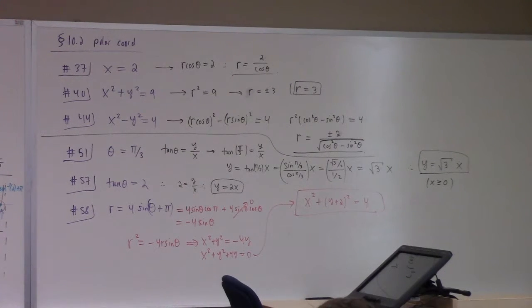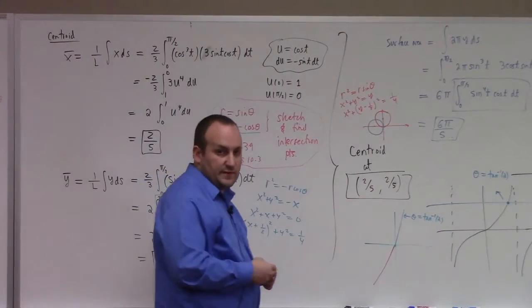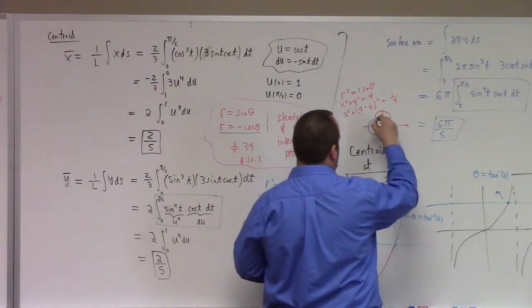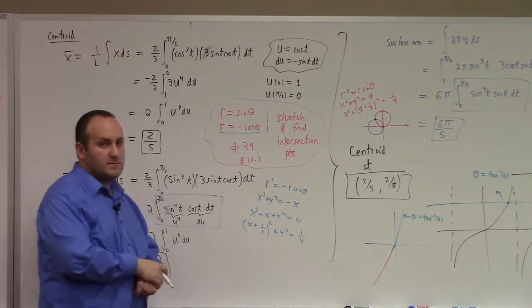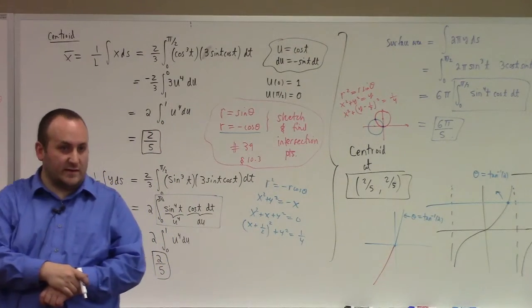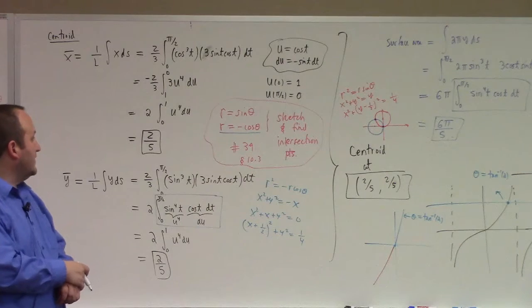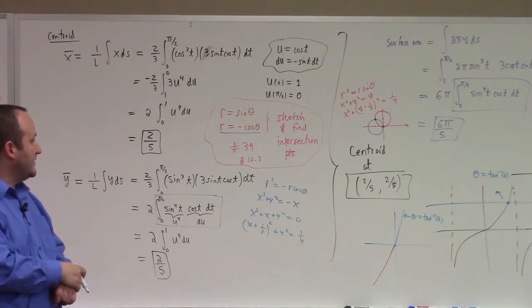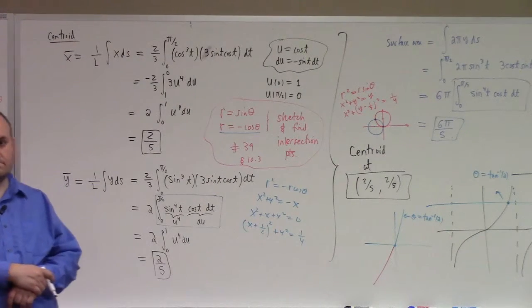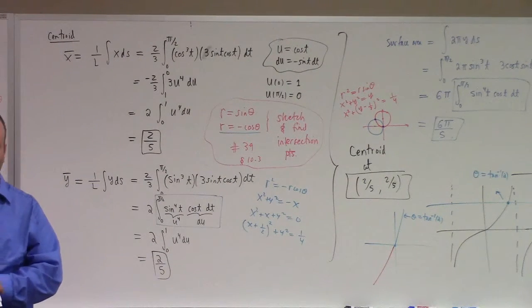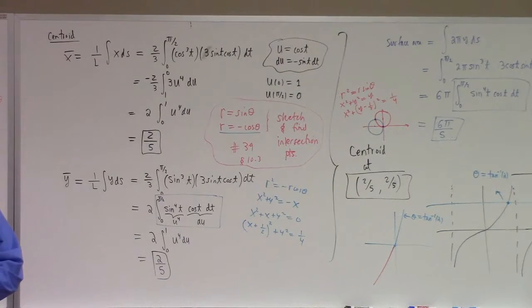But I think probably you can find the intersection points without doing this, right? Like you can find these points of intersection without drawing this picture. It asks us to sketch it, so I did, but how do you solve r equals sine theta and r equals minus cosine theta at the same time? Right, you can put them equal. Now, r equals 0 is a special case, right? If you put r equals 0, it works